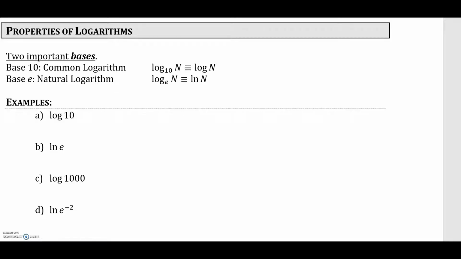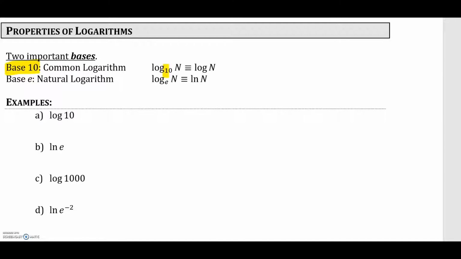In this video, we will discuss properties of logarithms. Recall the two important bases we have discussed for logarithms. We have base 10, which are common logarithms, and base e, which is called natural logarithms. We can see here that our base is shown with the logarithm,